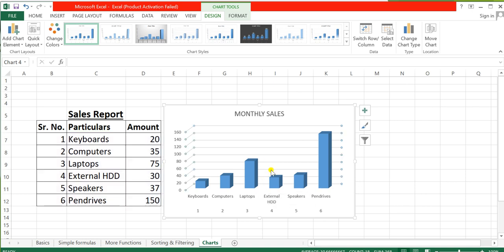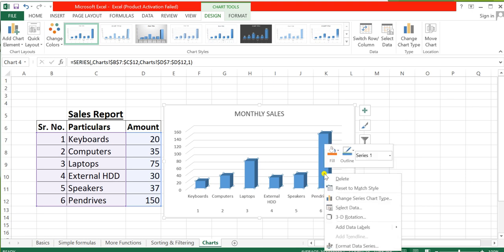Now suppose you want the data to be displayed here, like what is the actual value. In the bar chart it shows you the value whenever you put the mouse pointer over a particular column. But if you want to display it, you can simply click on the chart, right click on it and say add data labels.